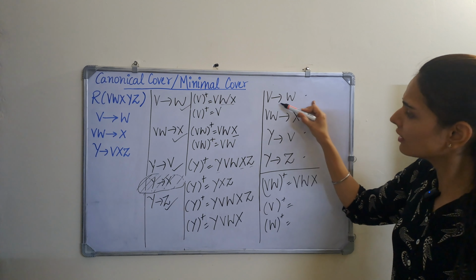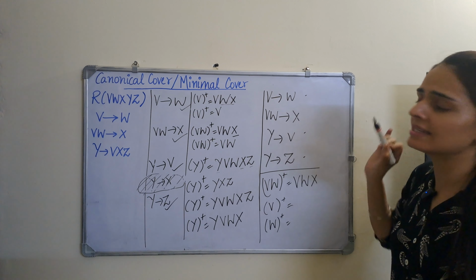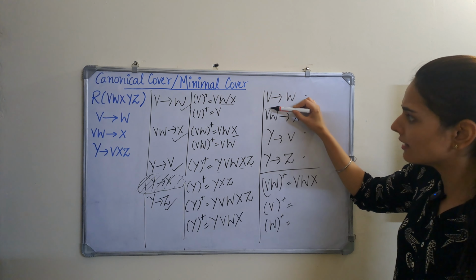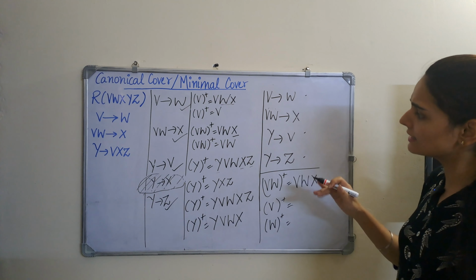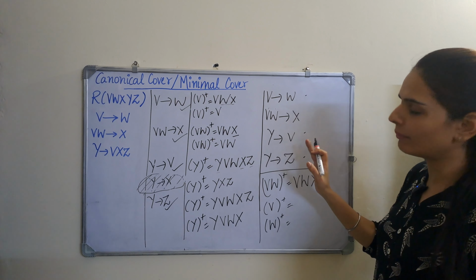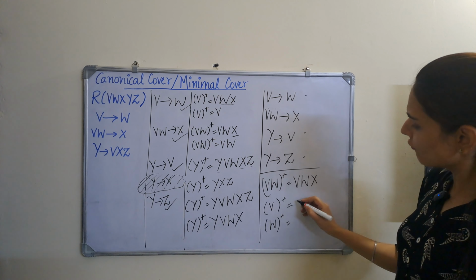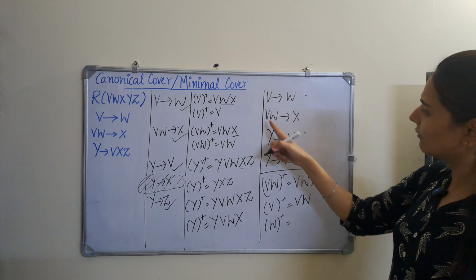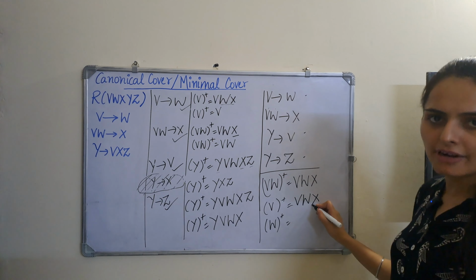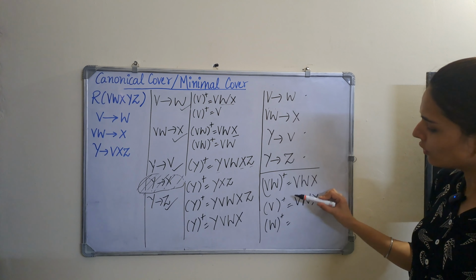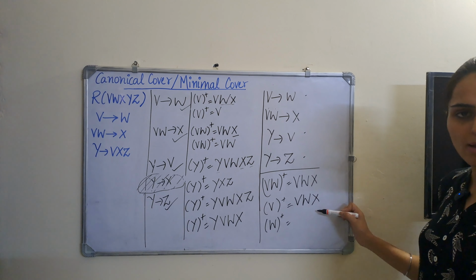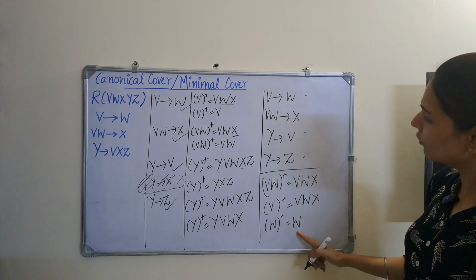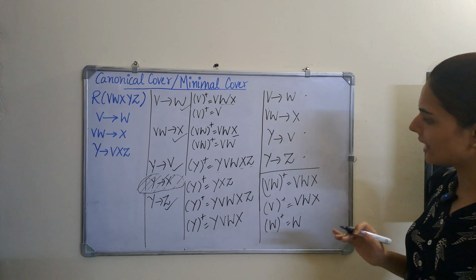Why? Because we are not considering this entire functional dependency if there is any redundancy in that or not. We are just trying to check out if there is any redundancy among these two attributes. So for this case, we do not have to ignore any functional dependency, we will consider all. So now we have V, then for V we can have W, and for VW we can have X, right? So now we can see that for VW and for V we can have both VWX, we can have all the attributes for V only. Now let's find out for W. For W we have W and we do not have anything else.